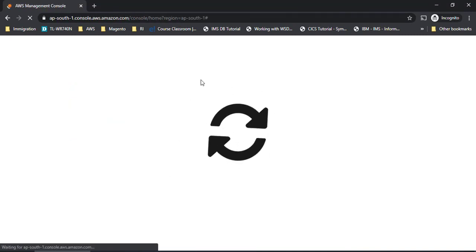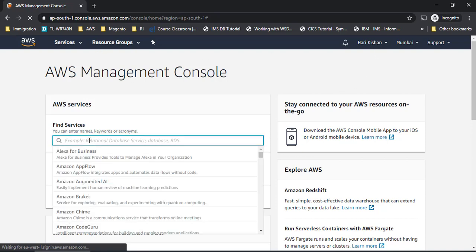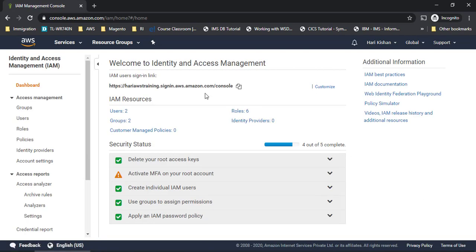Right, so let me log into this root account. Now you can see I'll go to IAM again. I can search it from here as well, right? I can go to IAM, and in the account I can see there are a few important security statuses for that particular user. So now I logged in as a root user. You can see the name here. This is the root user name. Okay, we'll see how an IAM user will look and all, right? So that is one thing.